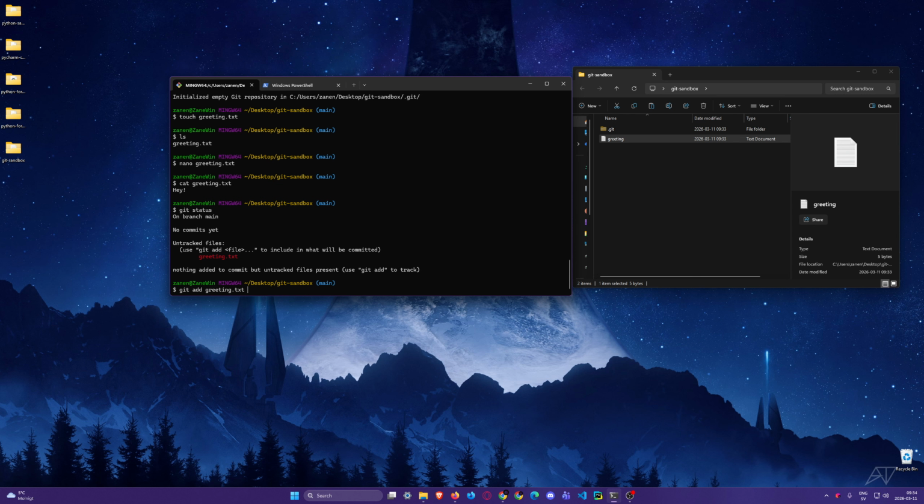And what happens is you move this to something called staging. And the difference between staging and, for example, when we're committing, is that